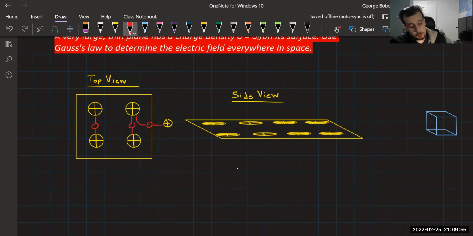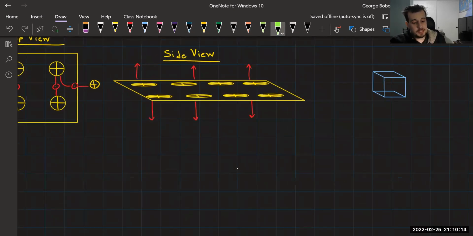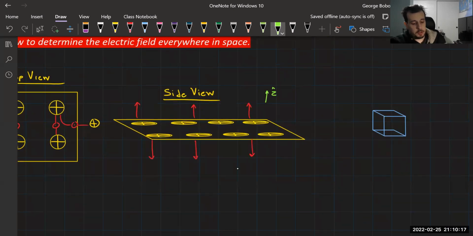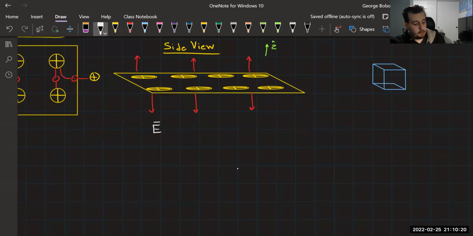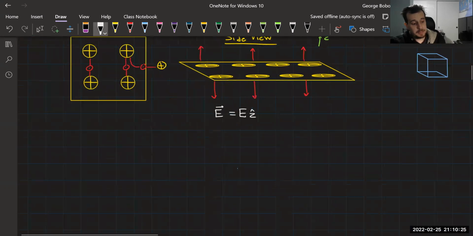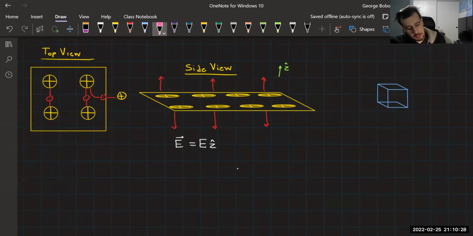So what I'm saying is the electric field of an infinite plane, immediately you expect it to be either pointing up, let's make smaller vectors, either pointing up or pointing down if you're below it. That's the kind of direction you expect. So if this is the Z direction, the electric field has some kind of Z direction itself. And now you go, okay, if I have 2 points here, P1 and P2,